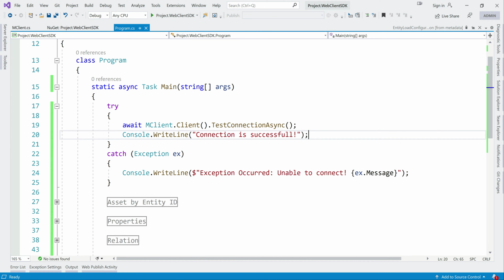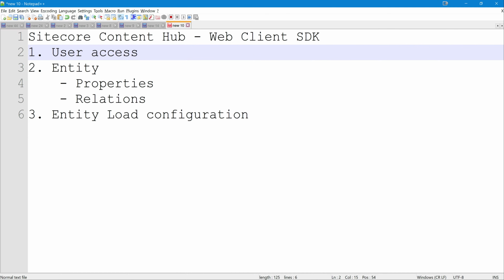First of all, to make the queries, if you remember, we are using client ID, client secret, and username and password. The user we are using should have access to all the assets and everything. Based on that particular user's access only, we will be able to fetch the information. If that user doesn't have access to anything, then we cannot retrieve any information. So I've already gone ahead and given admin access, I mean all the access, to that particular user in the Content Hub server.